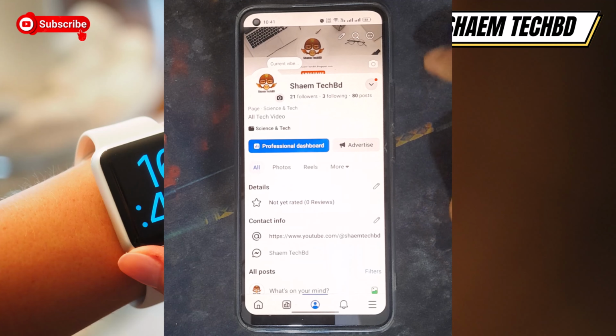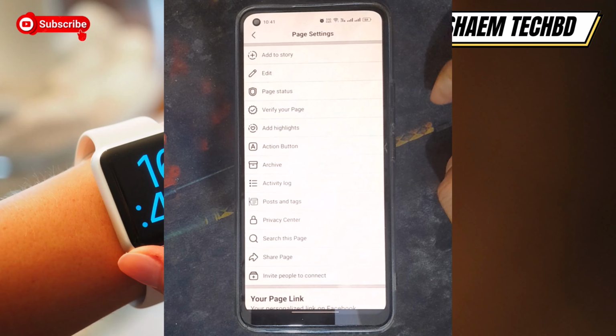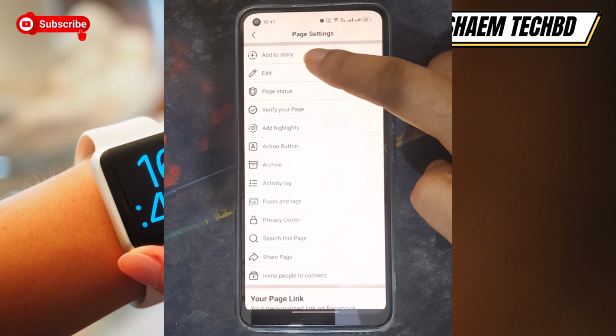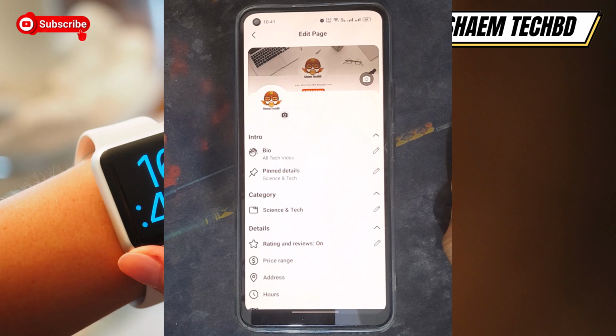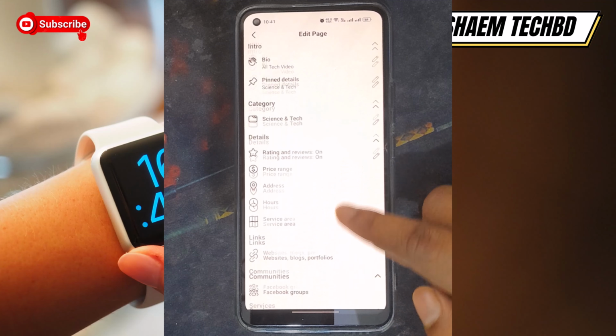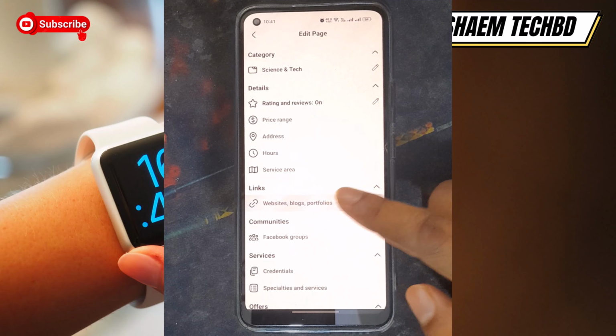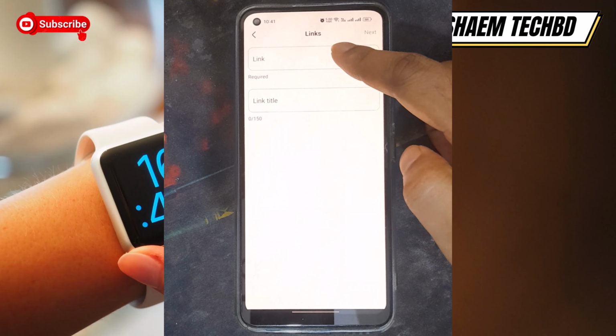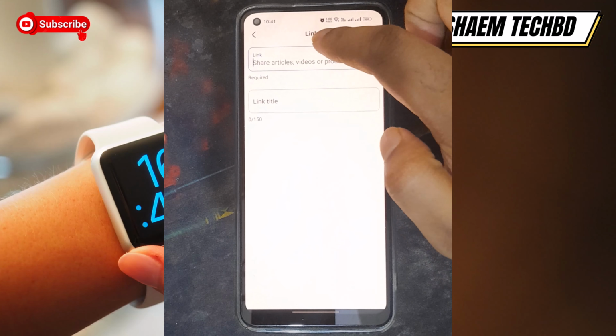Tap the edit button or edit page. The option may vary depending on your Facebook app version. Next, tap page info or contact information and look for the website field. Tap the website field and enter your complete website address, such as https